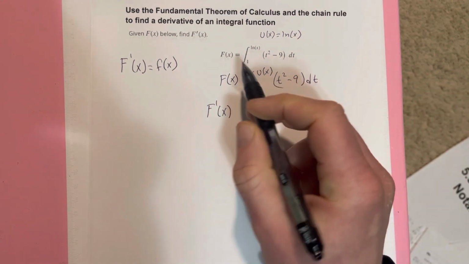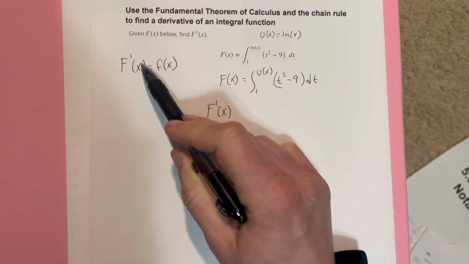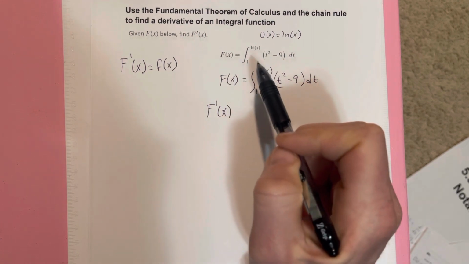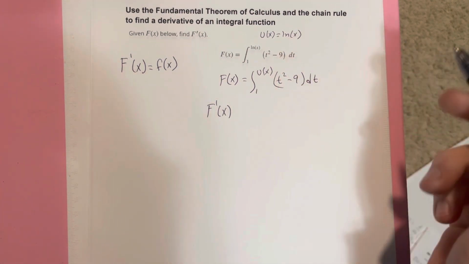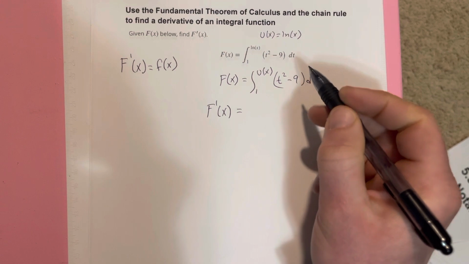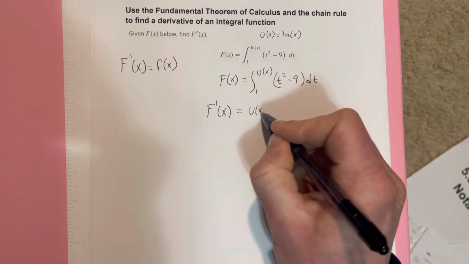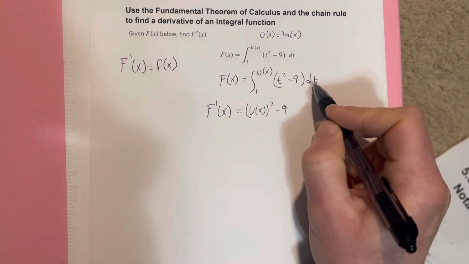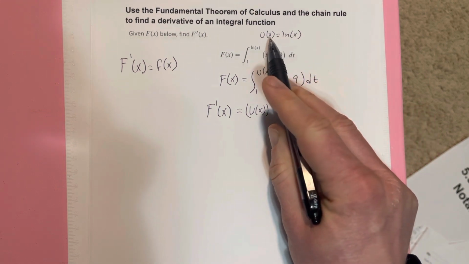and the reason we're dealing with this is we're used to just having x for the input. Well, if I have natural log x, that throws a wrinkle into the situation because I'm going to have to use the chain rule on that. So I've got f prime of x is equal to u of x squared minus 9. And then dt here, I'm going to be replacing that with